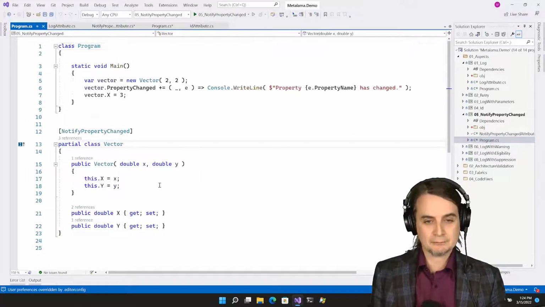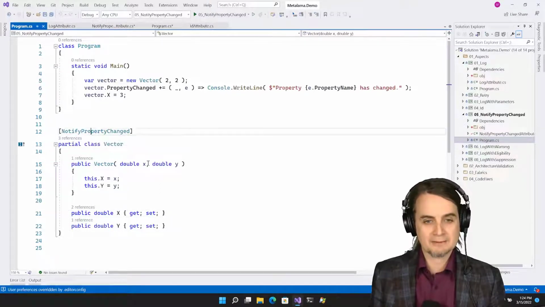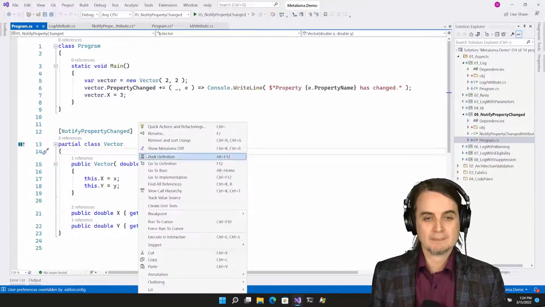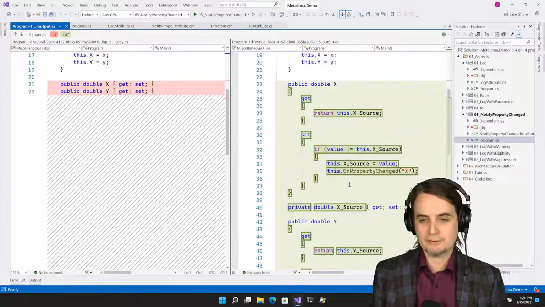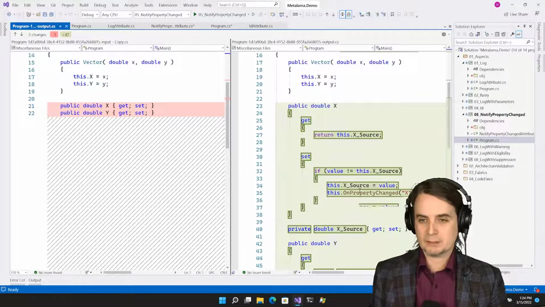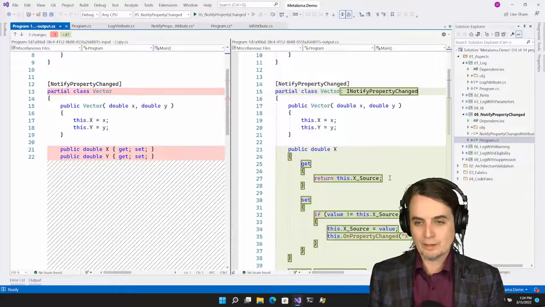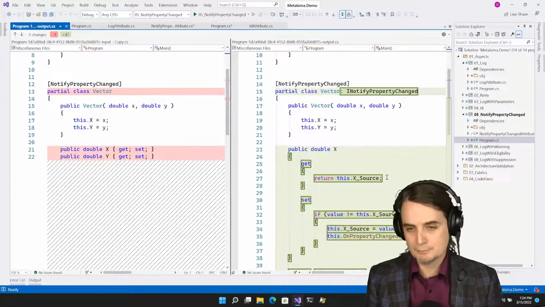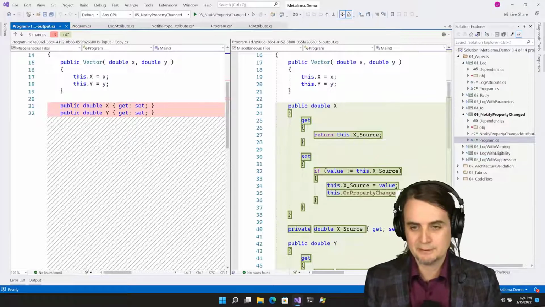I have a vector class with just two properties, X and Y, and I'm adding the NotifyPropertyChanged aspect. I can show the diff. You see that the code here is no longer idiomatic. Okay, you would probably write it a bit better, but semantically it would be the same.